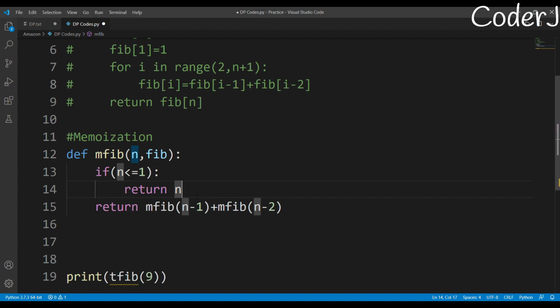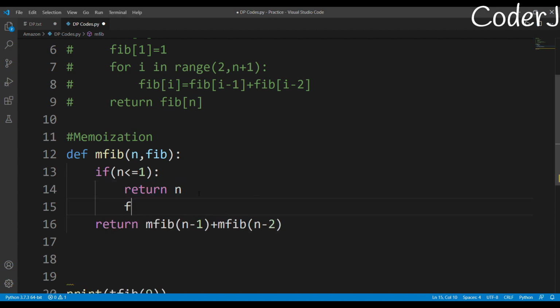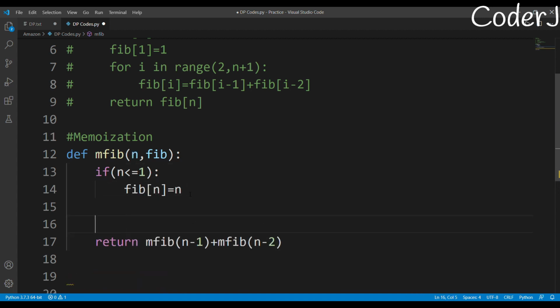So how it happens is like this: if n is less than or equal to 1, you used to return n, right? But now it becomes like this: fib of n will become n. This is basically what your return n becomes. And memoization says that if that value is present in the table, so if fib of n is None, I'll initialize my fib table with None values.